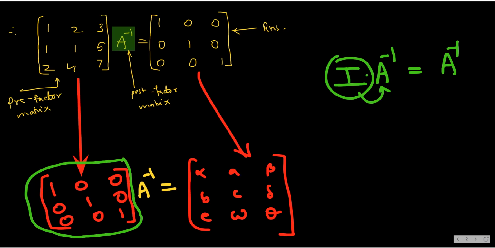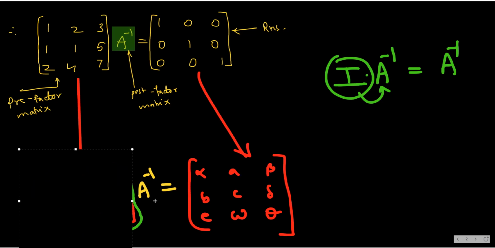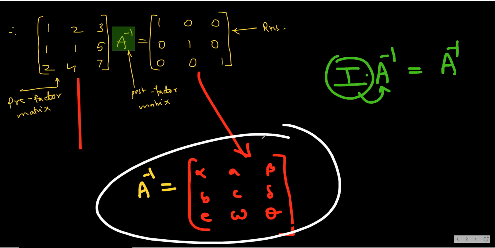So what will happen? On the left hand side, you will now have this as I, the identity matrix. Now I into A inverse is A inverse. So in the next step, you will have only A inverse. And see, you got the answer. This is our A inverse matrix. This is the A inverse I got. So this is the procedure which I'm going to apply. I will now start solving problems for you.